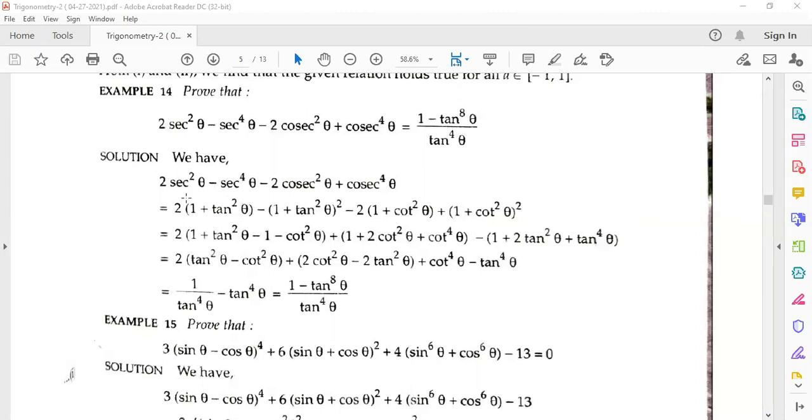Look at here, this part. If we take that first bracket, this 2 into this, and in the third part 2 into this. From this 2, if we take common 2, then from here it will be coming 1 plus tan square theta. That is written here. And here, that is 1 minus cot square theta. Okay. Then this plus 1 minus 1 will be cut. That is tan square theta minus cot square theta will be occurring.